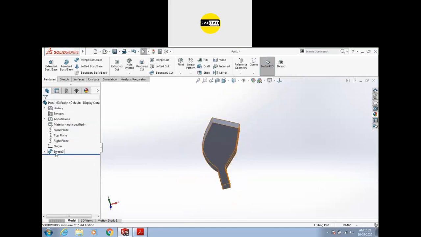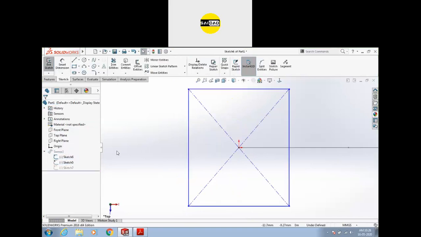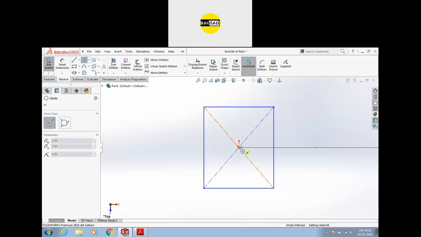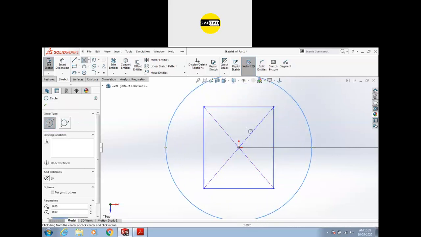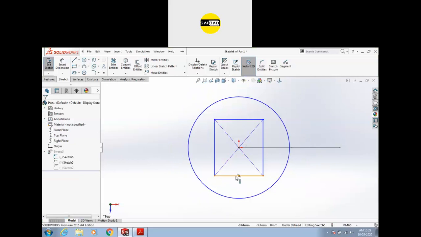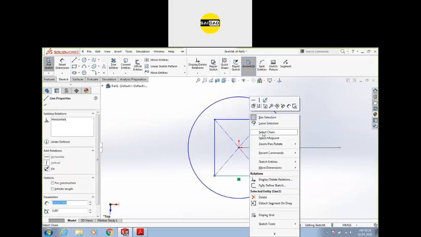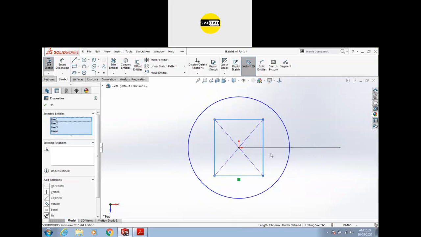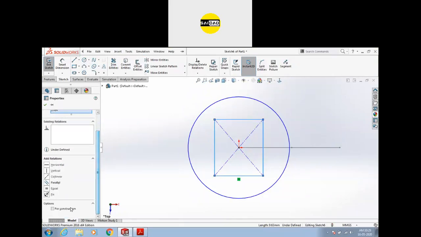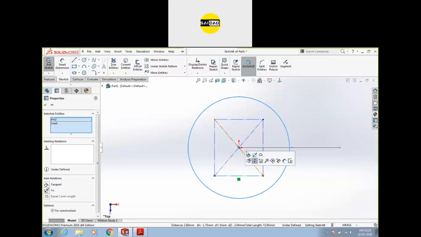So now I'm going to change the shape from here to circular entity, and if you want to select the whole object from here, you can just right click and press select chain. You can select it like that, and I want to make it construction, and I want to make it tangent also.